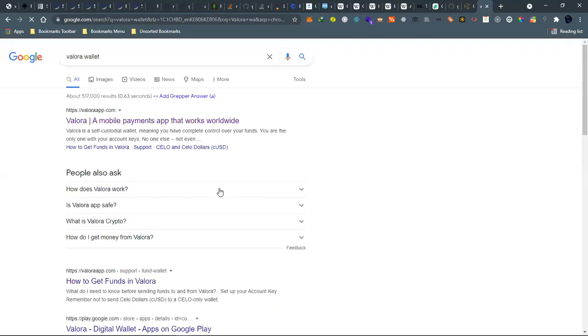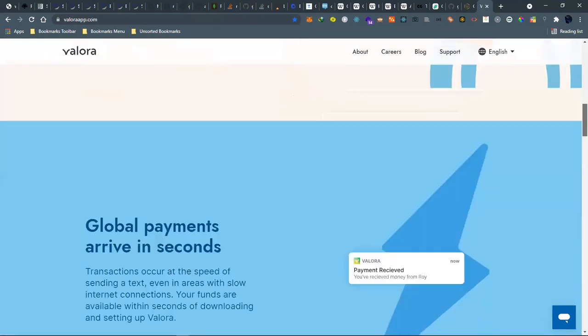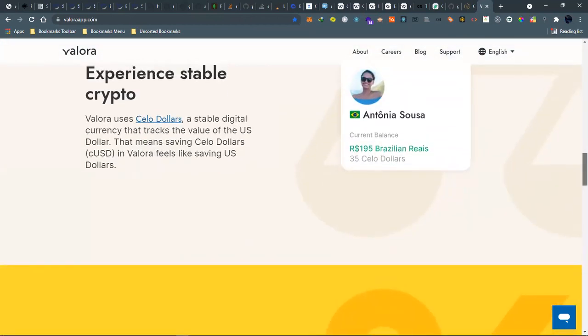So this is Valora wallet, and it's a mobile payment application, which Kotani has integrated in such a way that you can use your USSD and then transfer the cash into your M-Pesa account. So you can actually receive money using your mobile.